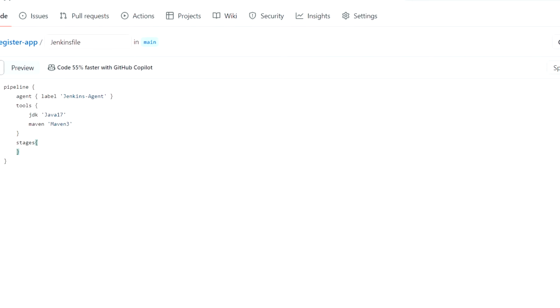So under the stage, we will define our first stage. So our first stage will actually clean up the workspace. We have given the name cleanup workspace. It will clean our workspace.